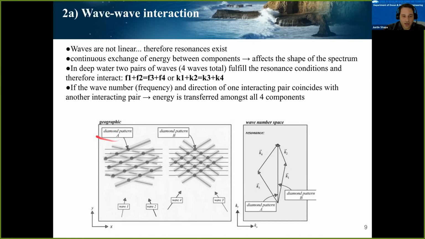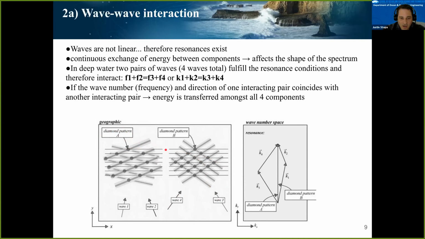So this is diamond pattern A. And now let's say on the other side of the basin, we would have another set of wave makers. And these wave makers can create different wavelengths in different directions. And what we create is another diamond pattern. So resonance occurs when the resultant wavelength of the diamond pattern drawn by these straight horizontal